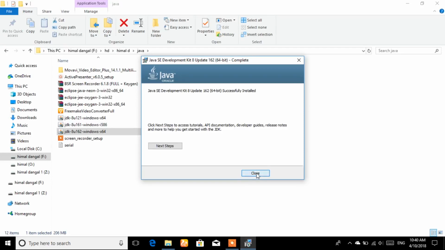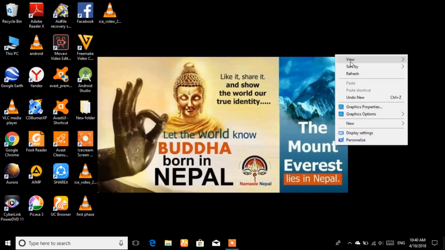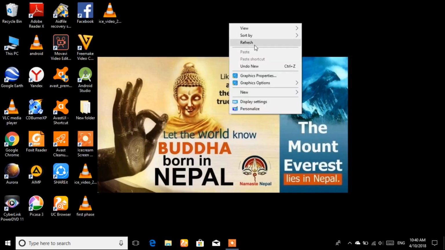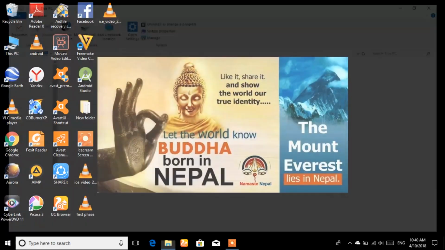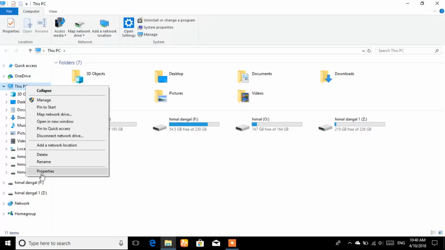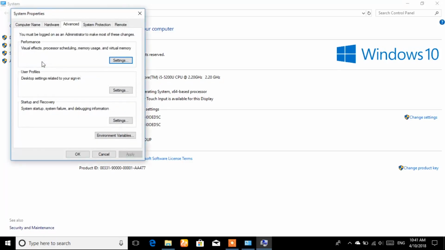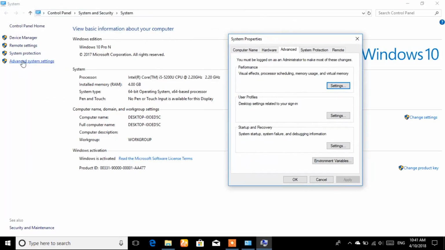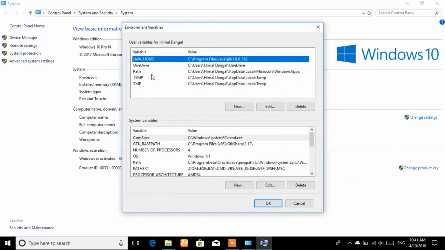Listen, just close here. Okay, like this. And for the successful installation, now you have to set the path, the path for the Java JDK to be accessed by your PC, and you have to go to properties. It is the same for Windows 7, Windows 8, or Windows 10. Like this, you can give the path. After going to properties, you have to go to advanced system settings, and after that, environment variables, and right here